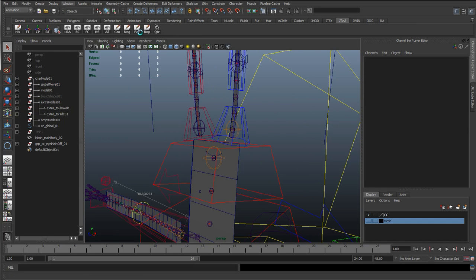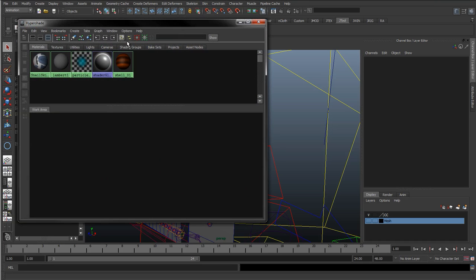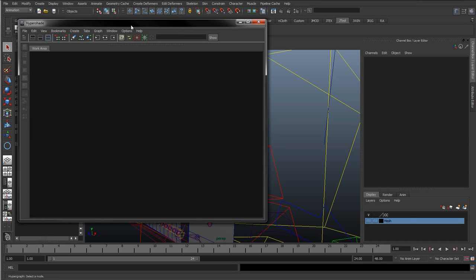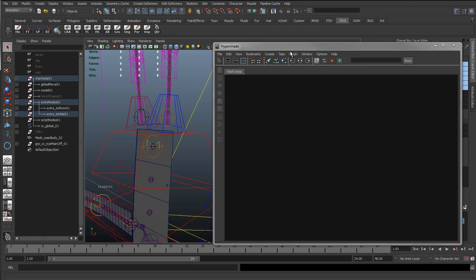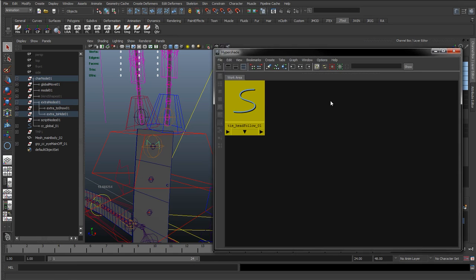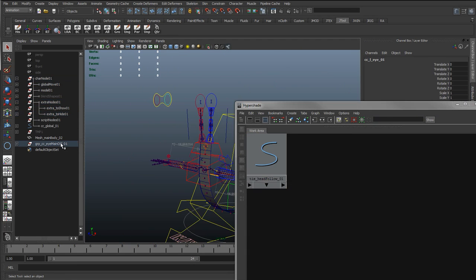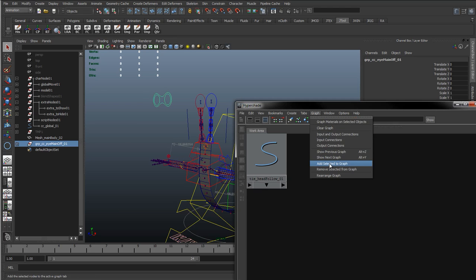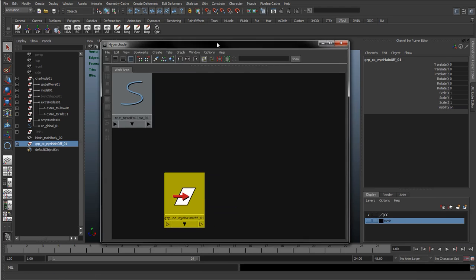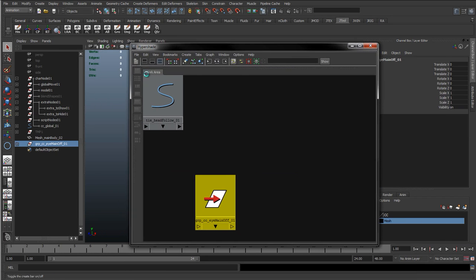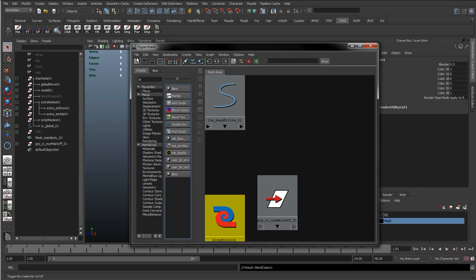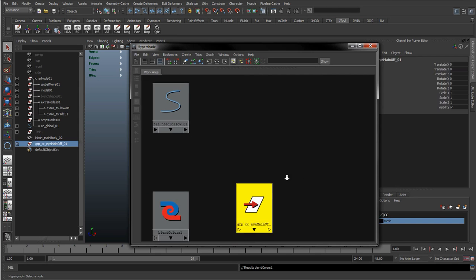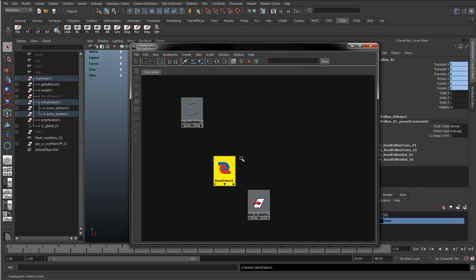So rendering, hypershade, selecting that tie control, graph, add selected to graph, selecting that group, graph, add selected to graph, and we'll do the same that we've done countless times before, get a blend colour in there, and especially with the eyes, this is one moment where I do like it to